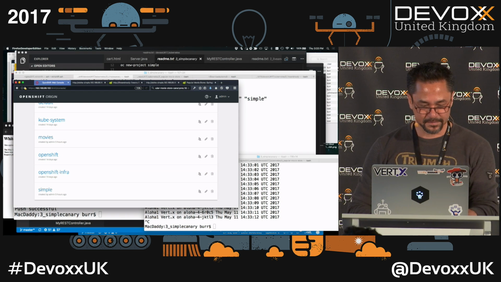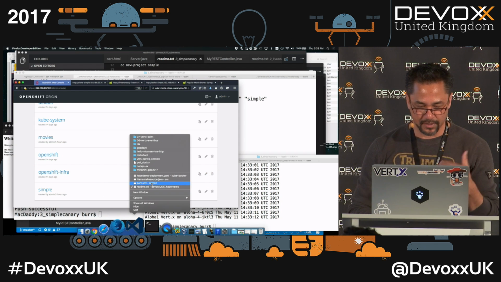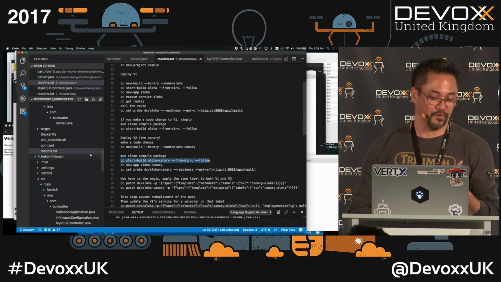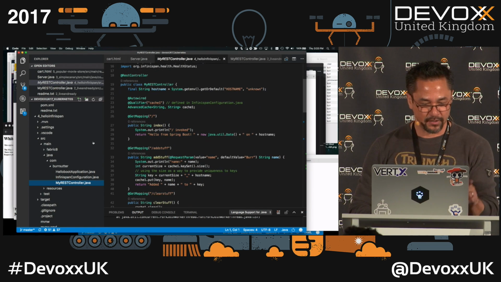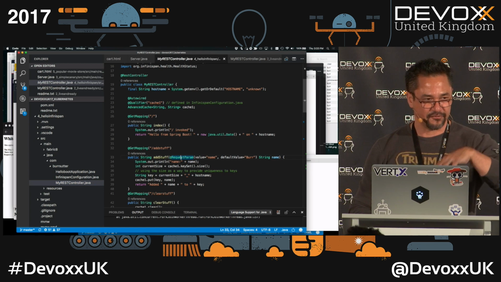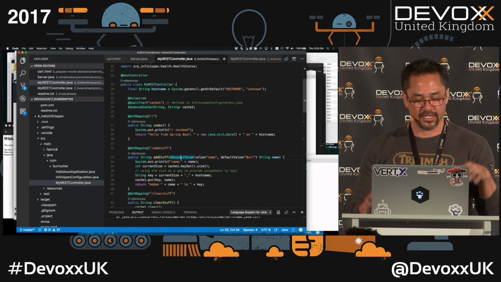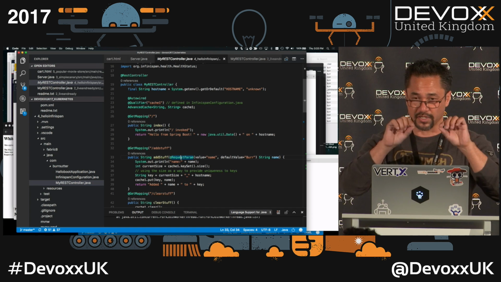And I have an elementary one, and I normally like to teach, and teaching takes several hours, but let me kind of just walk you through this briefly. So this is, I call it Hello World Infinispan. What this allows me to do is add stuff and delete stuff from the cache, right? Basically interact with the cache, and it's all in memory, 100% in memory here, across those pods that you see